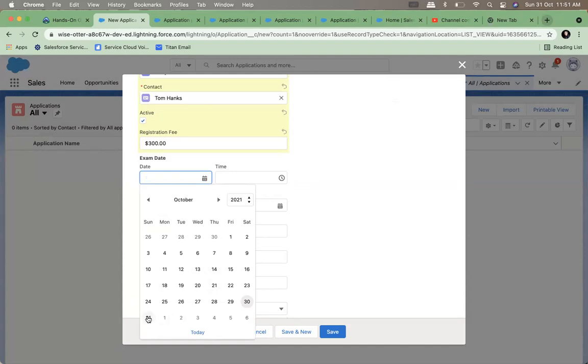Are you getting the point? What would have happened if this was a text field? This dollar symbol would not have been available, right? So a currency field allows us to understand what type of currency it is. Currency type was missing. Had we not had this field, then we would have had to create two fields. One is a pick list field to select what currency type it is, and then a number field to enter what number it is.